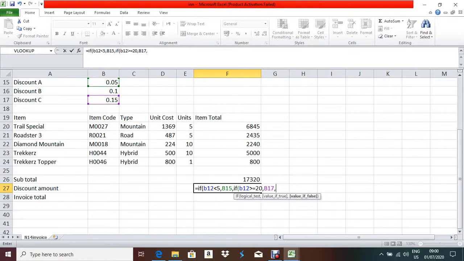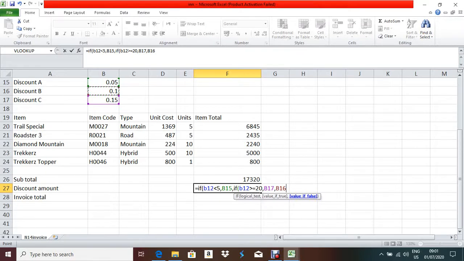I checked less than 5, and I checked 20 or more, but I did not check 5, 6, 7, 8, 9, 10, 11, 12, 13, 14, 15, 16, 17, 18, 19. So 5 to 19 I did not check. So if it is not true, then automatically it will print discount B.